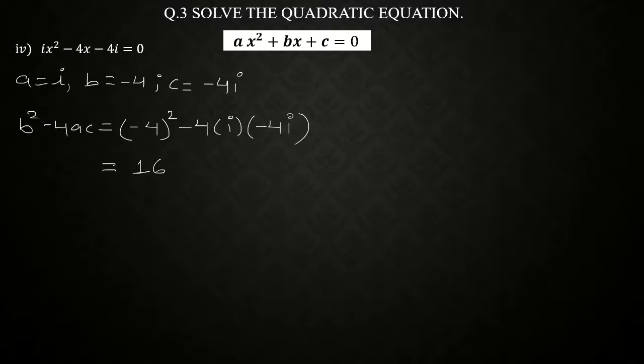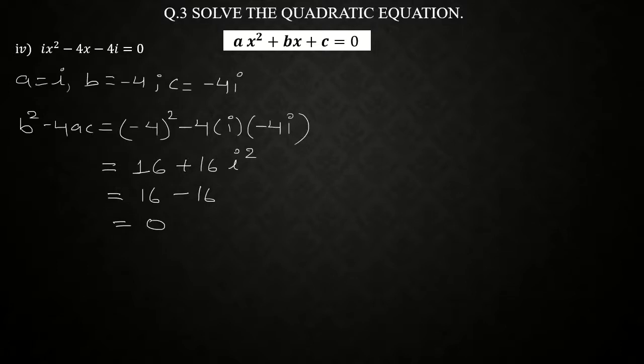This minus 4 multiplied with minus 4 gives you plus 16, and i into i gives you i square. So in the next step, we get 16 minus 16, because the value of i square is minus 1. So the overall answer we obtained for b square minus 4ac is 0. And by the 10th standard concept, we can write that both the answers should be the same. But here we are not getting real and equal. We are getting complex and equal.